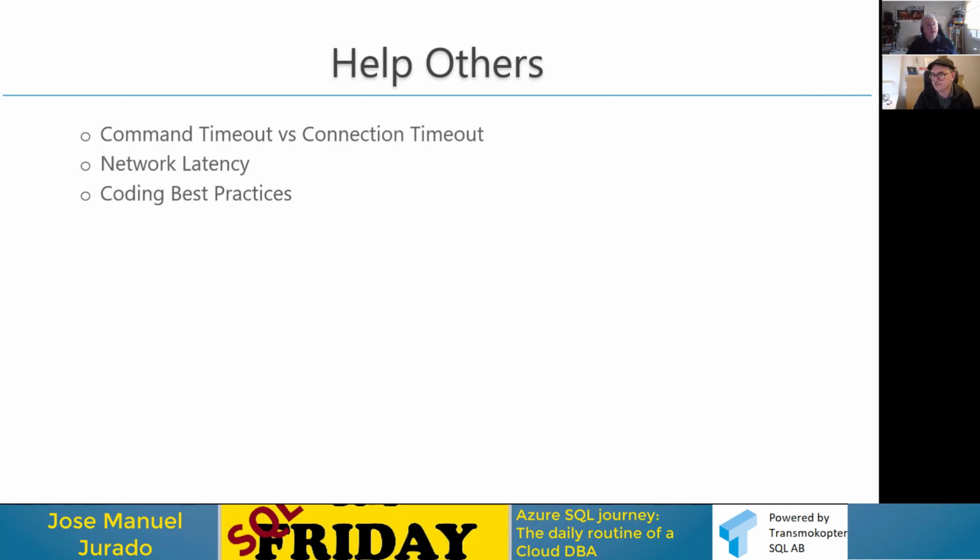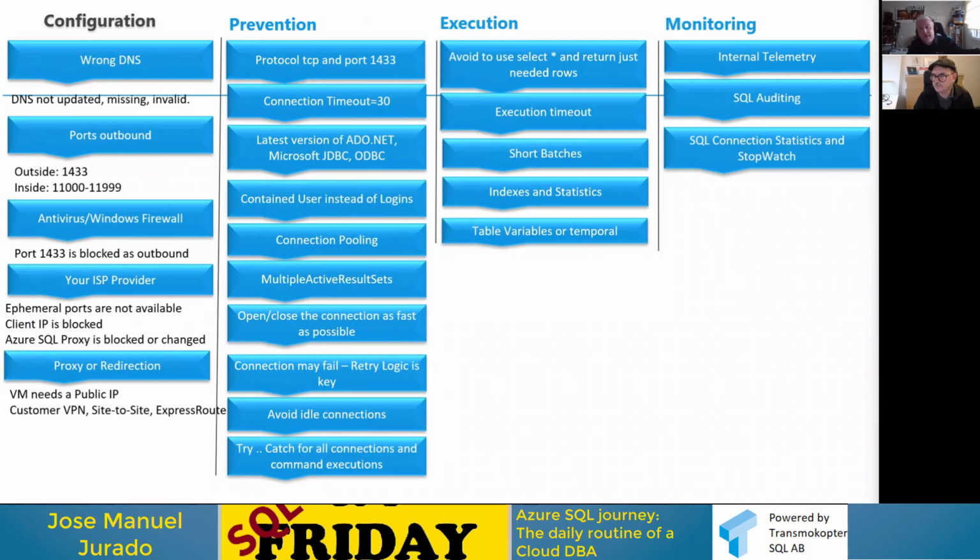Finally, I would like to share with you this best practice that we could share in these sessions. These are the tips and tricks that we share with developers when we have performance cases. I'm sure that you know everything about it. This is the most typical question, the most typical case that we have.